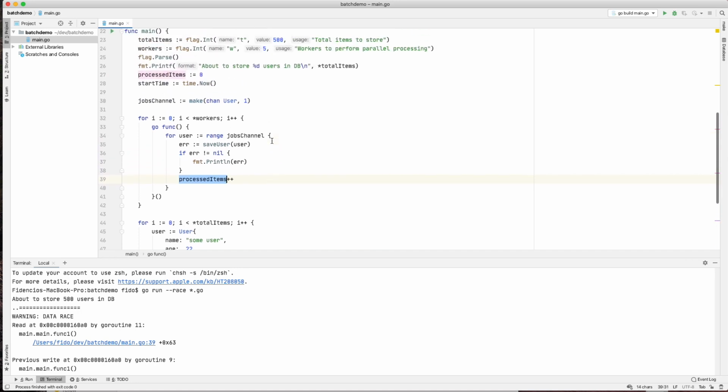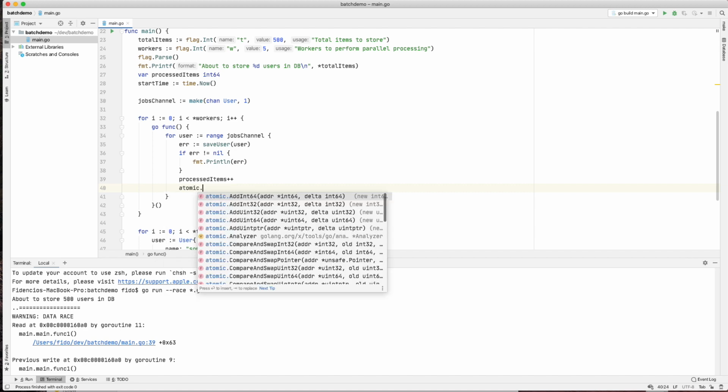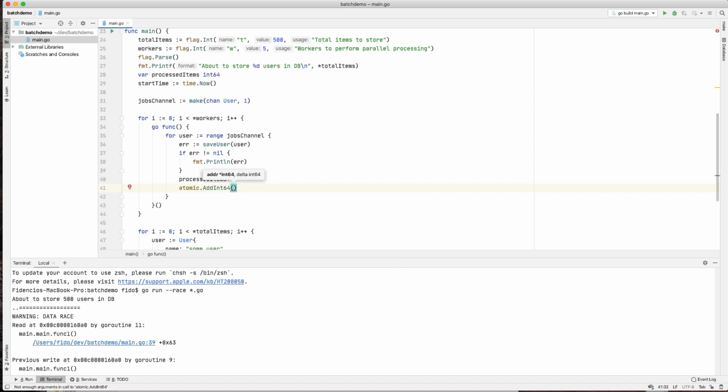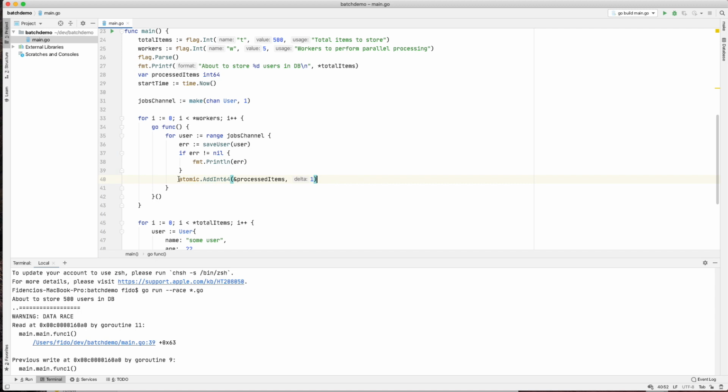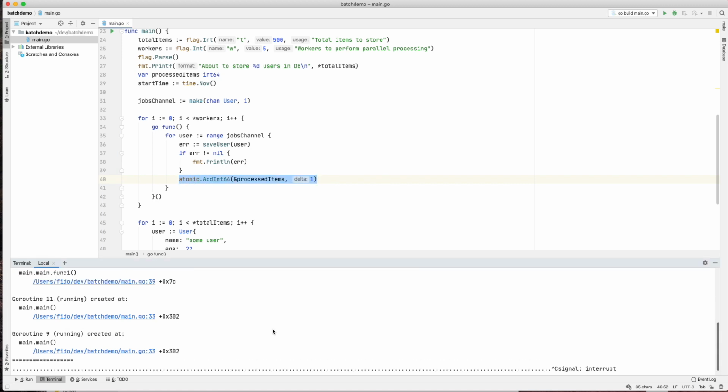So the right way to do an operation that is thread safe for these kinds of scenarios, we are going to need to redefine this as an int64. Now here is the operation that we need to make safe. To make this kind of operation safe, the Go programming language has something called atomic access. Here we take an int64, pass the reference to the memory to that item, and increase it by 1. It's exactly the same as the plus plus that we had before, but this is thread safe. Now if I run my program again here,